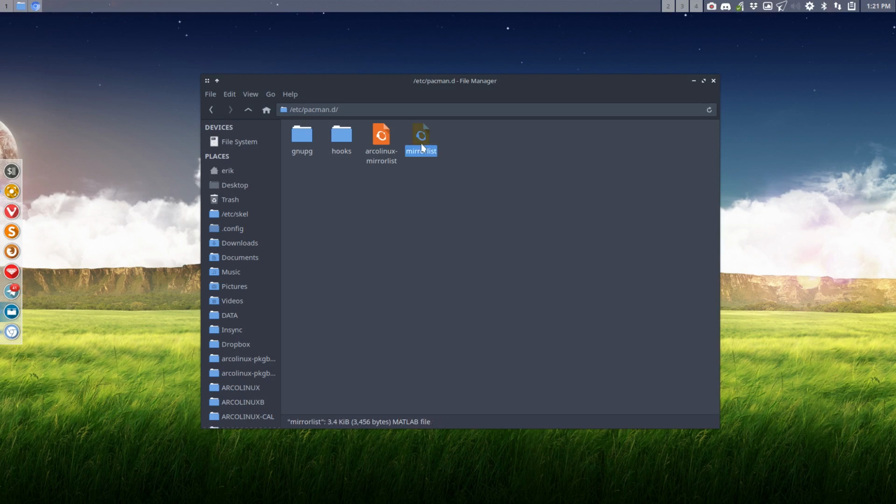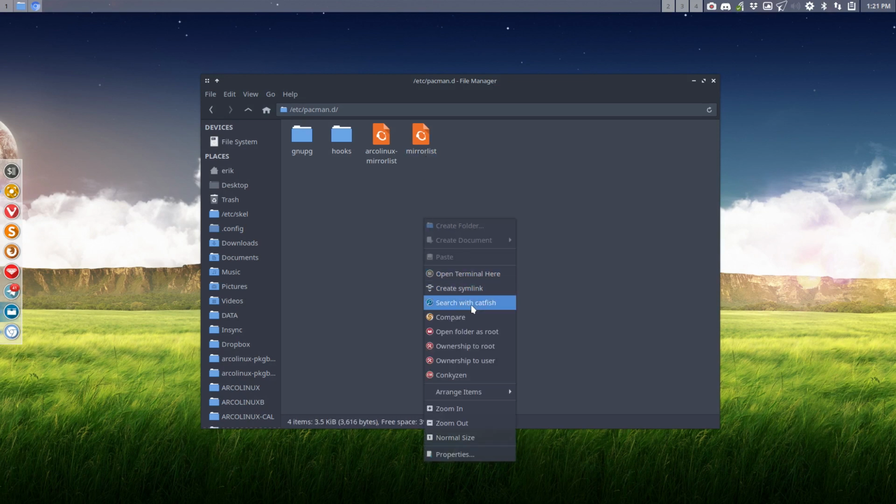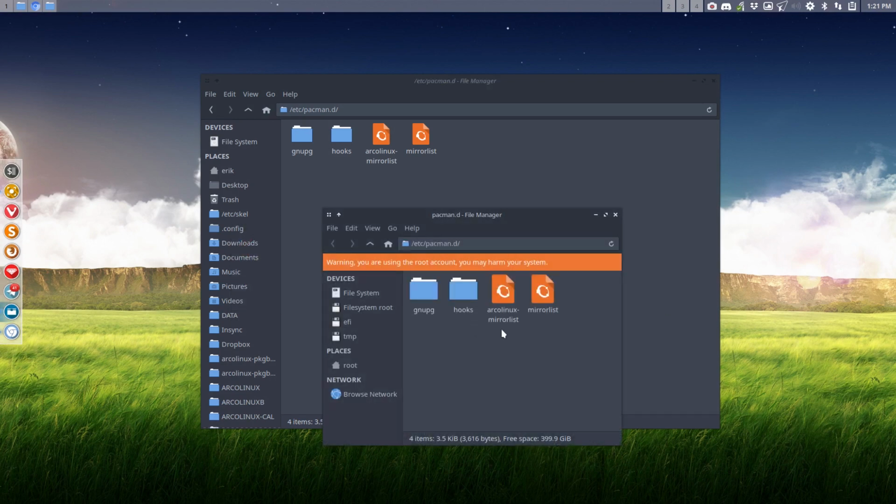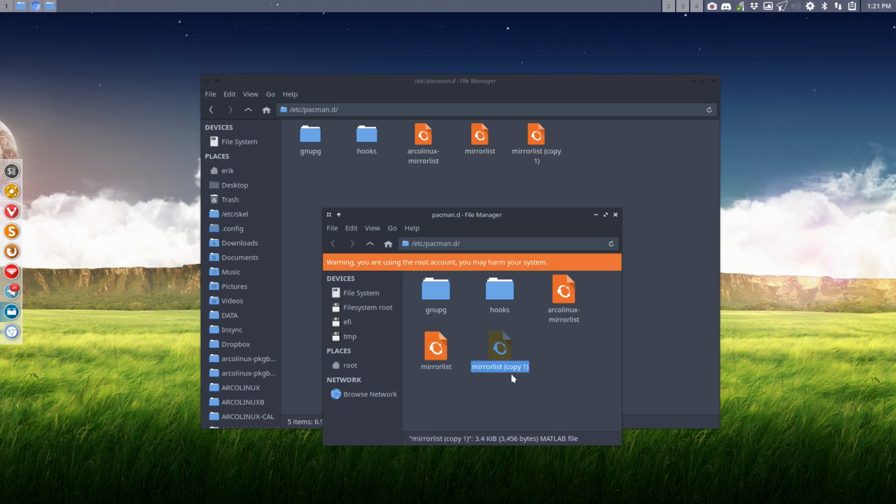Let's put them in here. Let's make a backup of this one. Easily done. Open folder as root. I do it graphically rather than in a terminal. So Ctrl-C, Ctrl-V, I have my backup. Don't need to rename it or anything. Open your mirror list.